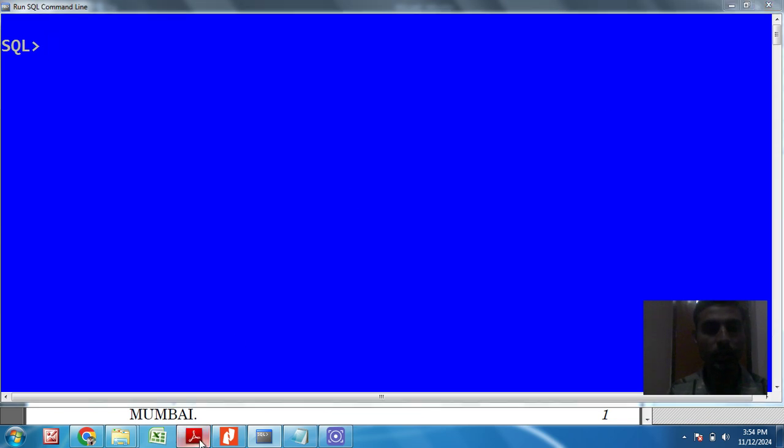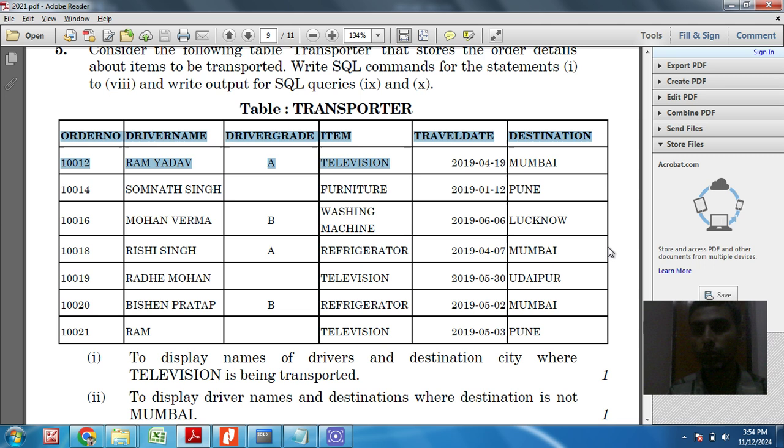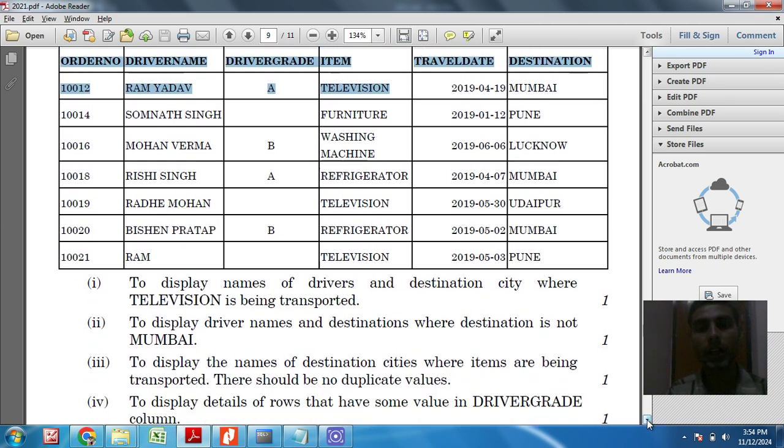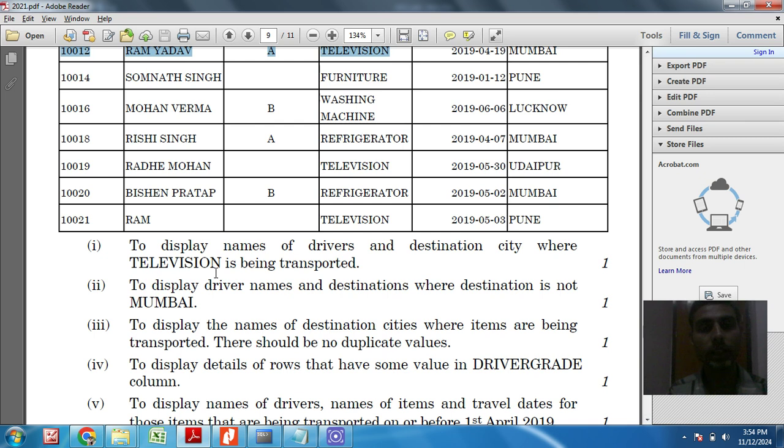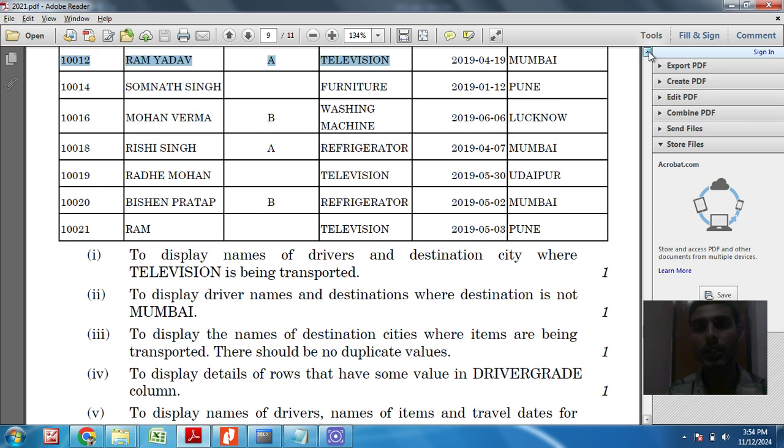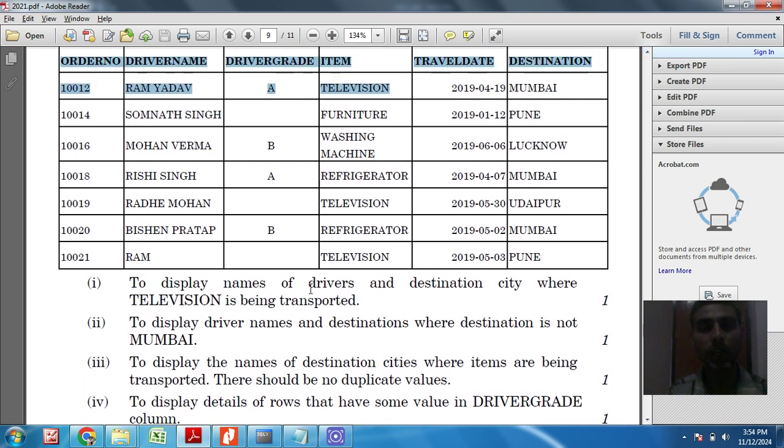Our first question is to display the name of driver and destination city where television is being transported. So we have to search the driver name where television has been transported.